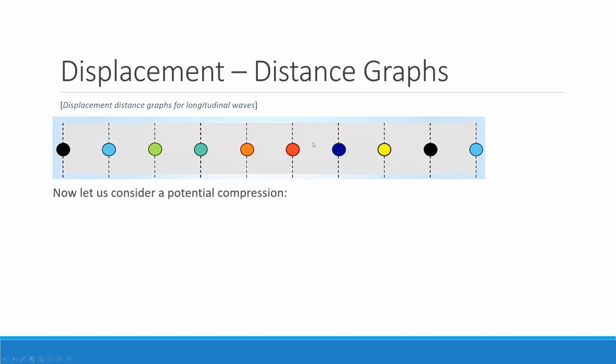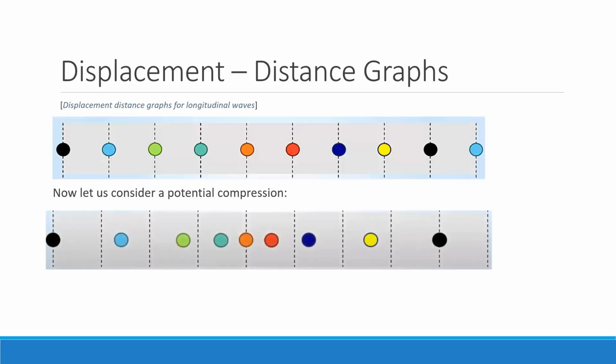Now let us consider what a compression would look like. Let's say I disturb this wave such that I have made a longitudinal wave. I know longitudinal waves have compressions and rarefactions. How would the compression look if we were to look at the particles? Well, it would look like this, where the center of compression, which is the orange particle, as we can see, has a displacement of what? What's the displacement of the center of my compression? Who wants to tell me? 0. 0, excellent.